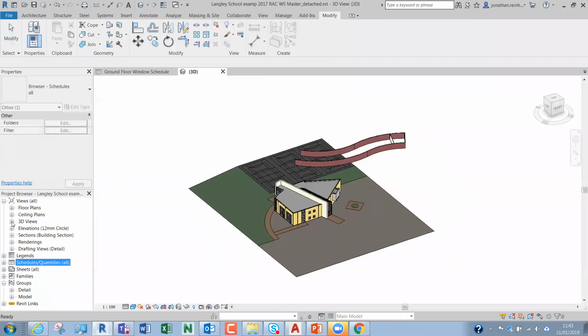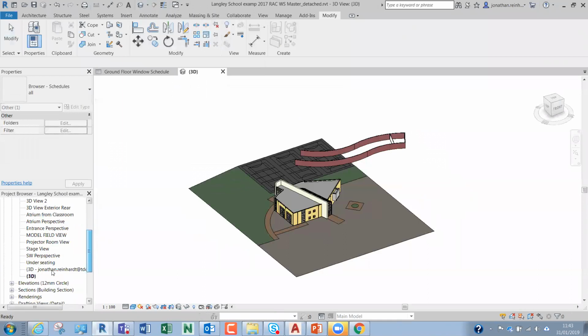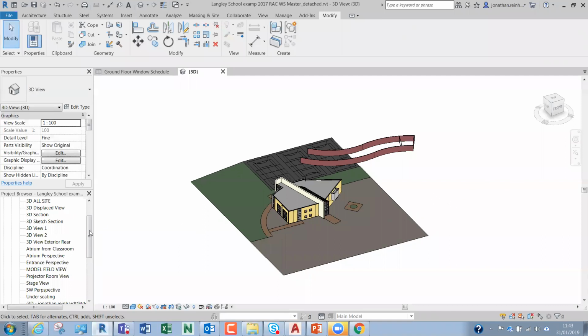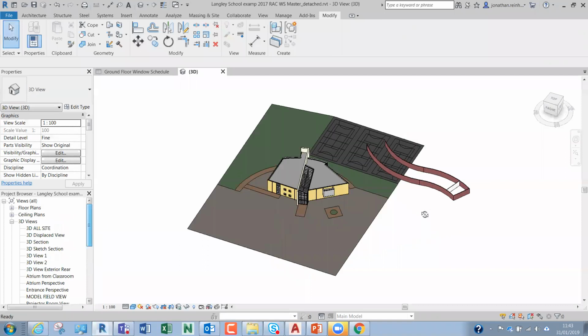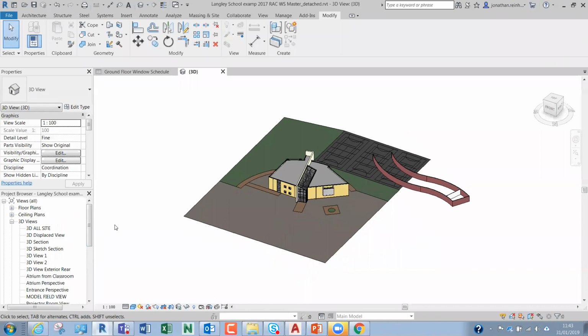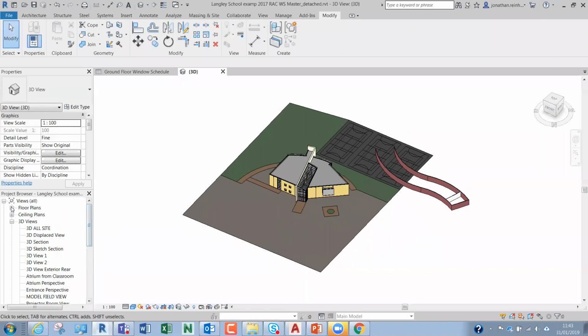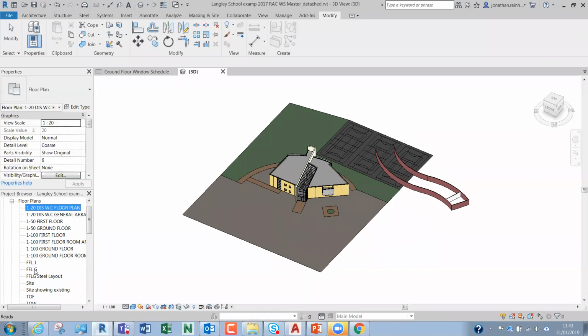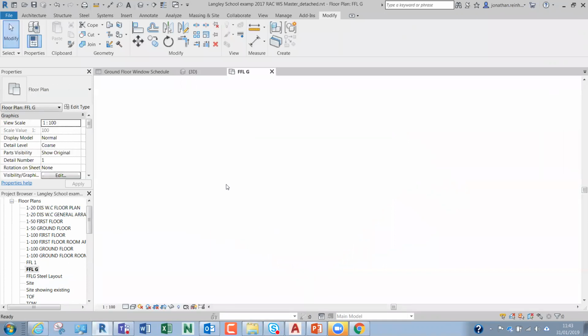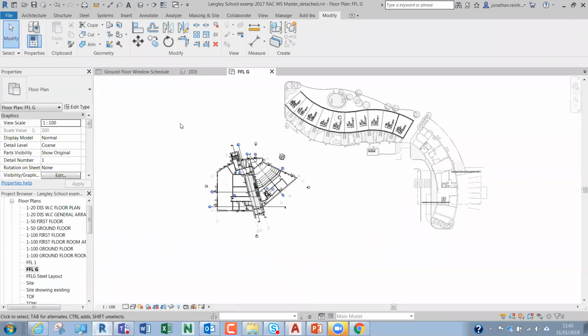But alternatively, you can just drop down your 3D views and you're able to jump to your 3D view here as well. And we have a couple of other 3D views also set up there, which I'm going to show you the purpose of setting them up. So here we have still in our 3D space, it's an orthographic view rather than perspective. When I jump into my floor plan, so FFLG, if I want to create a 3D view, for example,